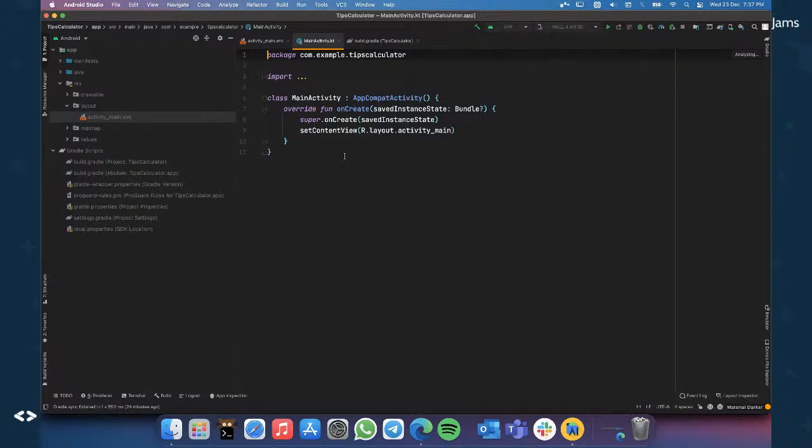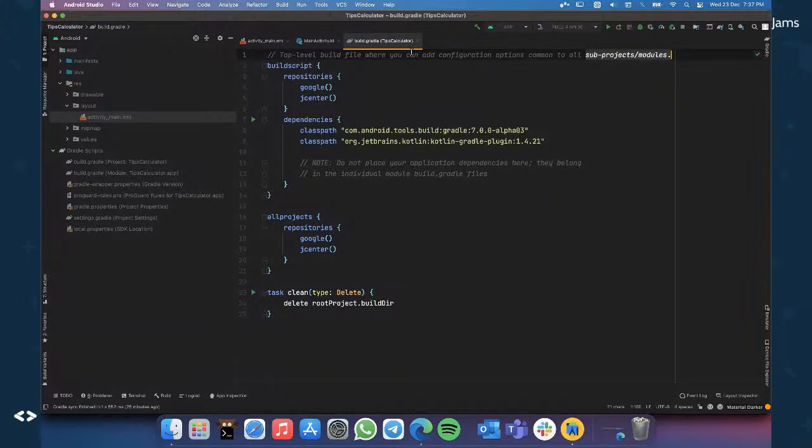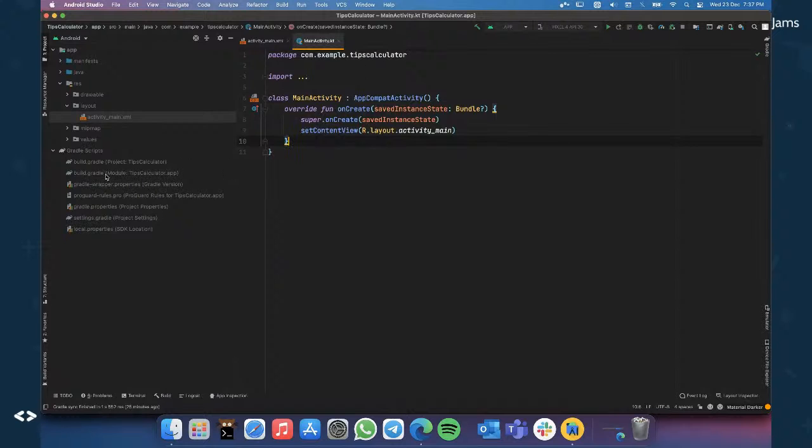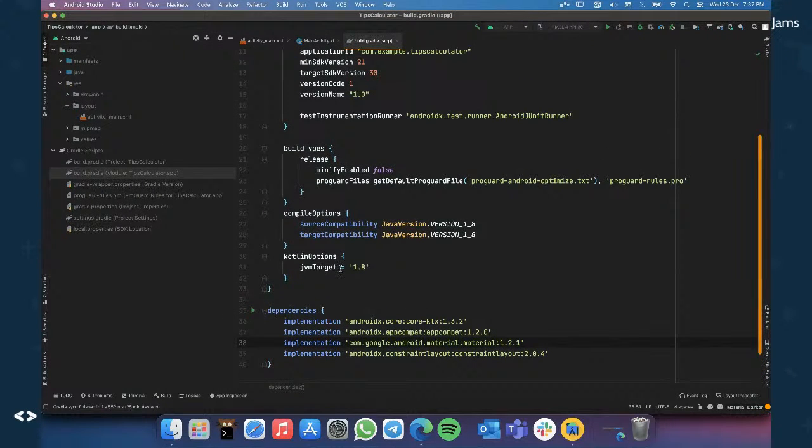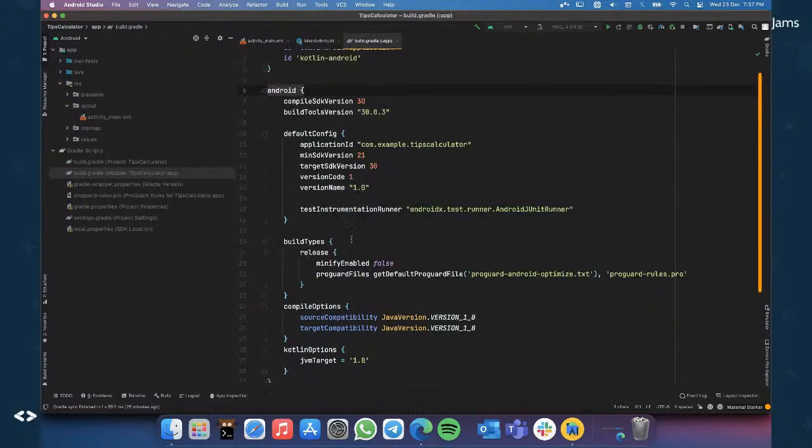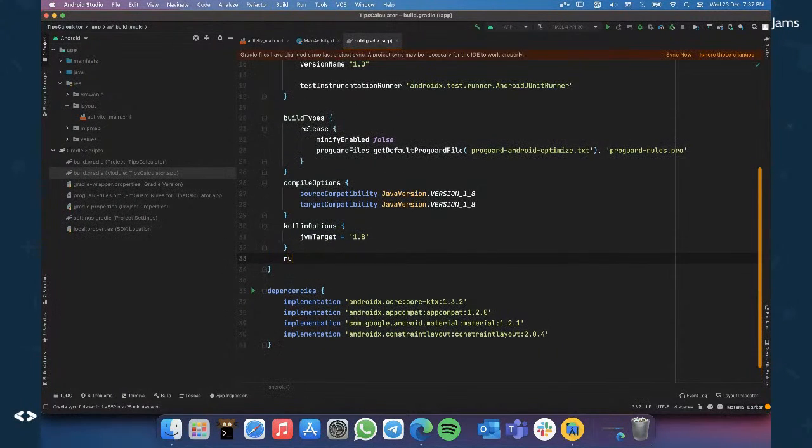And this is great for prototyping when you don't want things to be seen by the user directly. Moving on to the code, now we're going to be doing some app behavior. And as I mentioned, we are no longer going to be using find view by ID to get references to our code. What we're going to be using is something called view binding. View binding is a feature of building Android apps, which is officially supported by Google and Android. To enable view binding, all you need to do is go into your app level build.gradle file. Inside your Android block, you need to add another block called